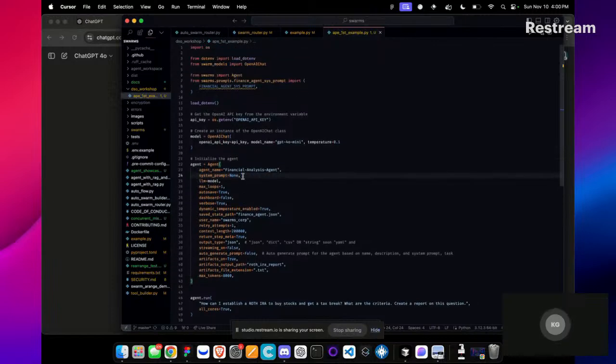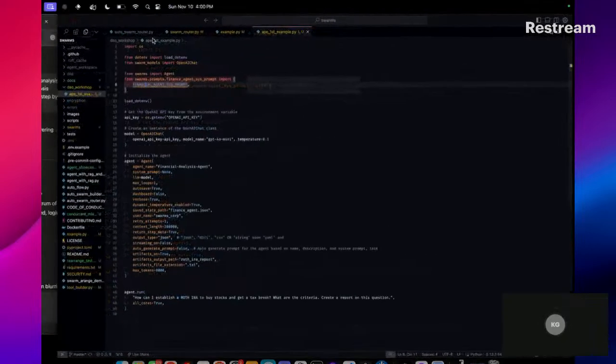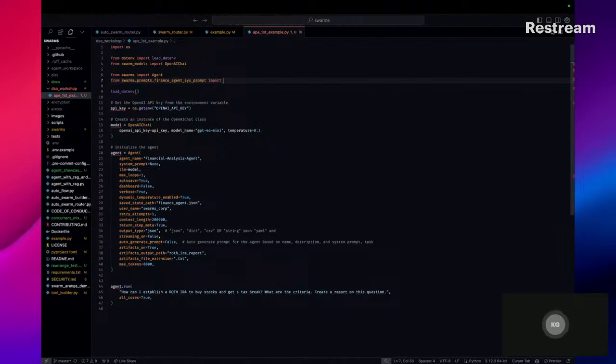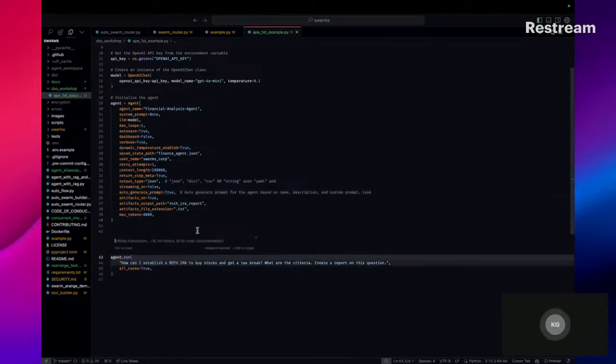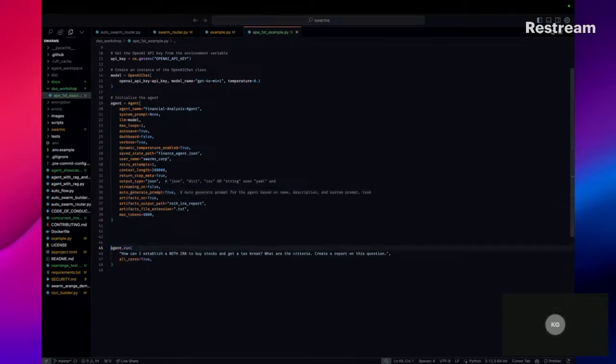So here we just have some of the example code again, and then we can remove this because we're not using that. We just set that to true, and it'll make the prompts. Again, the flow is: you give it a task, maybe plus a name, and then the agent will build prompts.